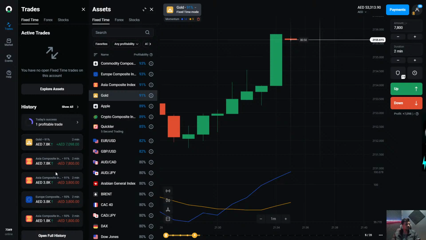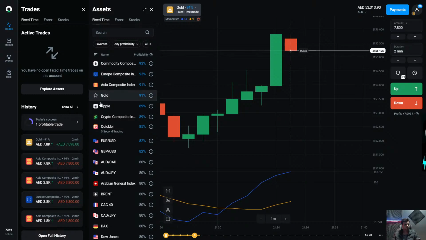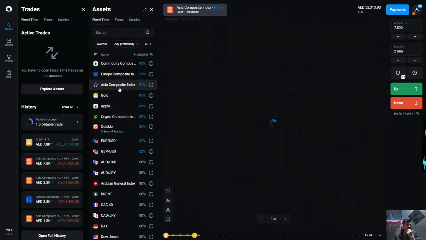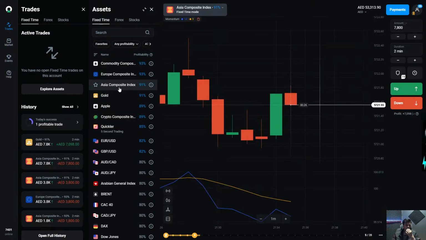And this trade recovered this. If I make, like, 50,000 here, then it will recover the whole. So I have to make just one trade, and after that it will give the whole profit. Like there will be no loss after that. So I use gold here, and gold is quite good. Now let me check another one. It's a composite index.